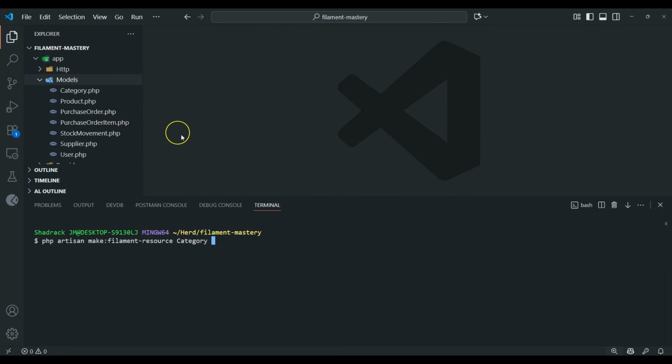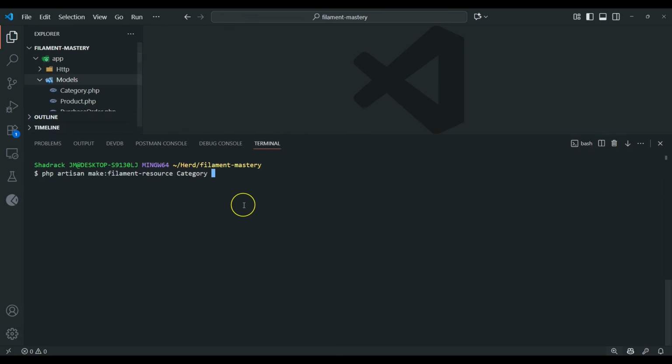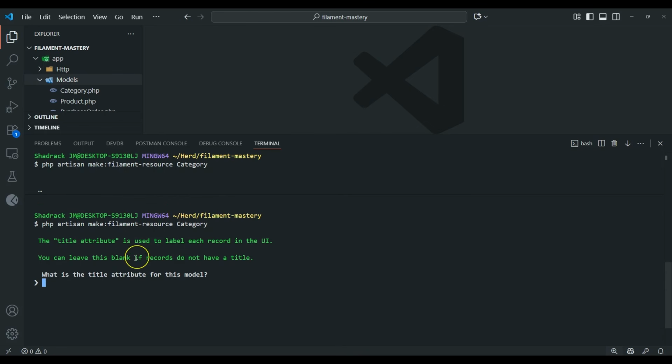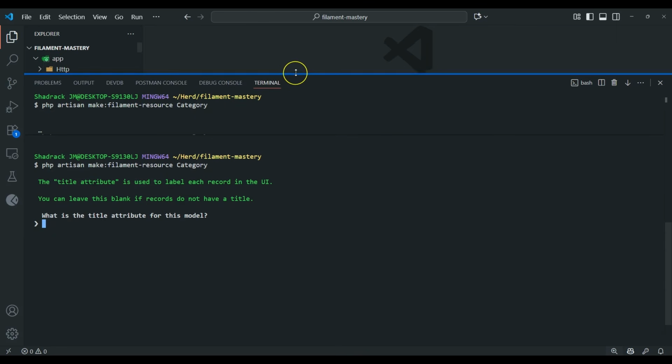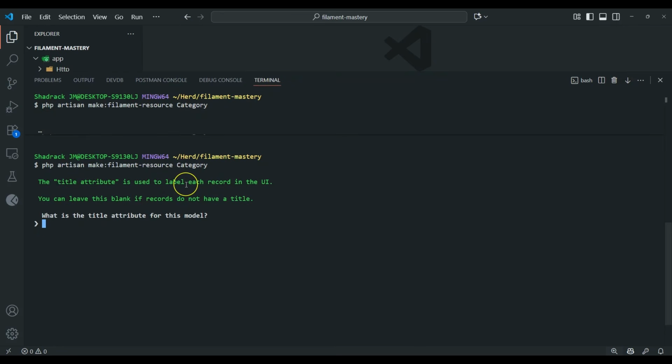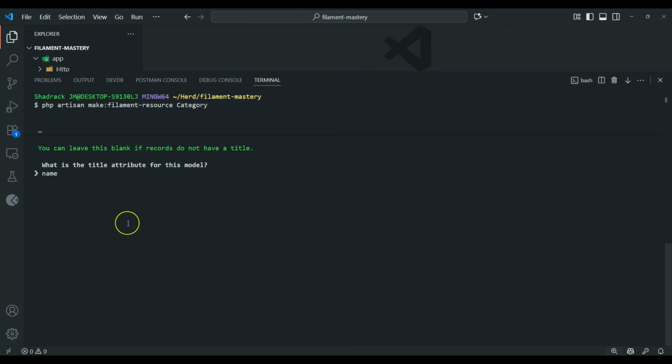anything, so it will be just an empty resource that you need to go inside it and try to generate other forms and tables. So for now, let me just run it and show you how it looks like. So here the first question you'll be asked is the title attribute, which will be used in global search. So you can just pass it or you can just ignore it. But if you want to show it, means you can just pass here the field that you can use to search for these categories. So for the category, we have the name, so you can just pass the name, which will be used